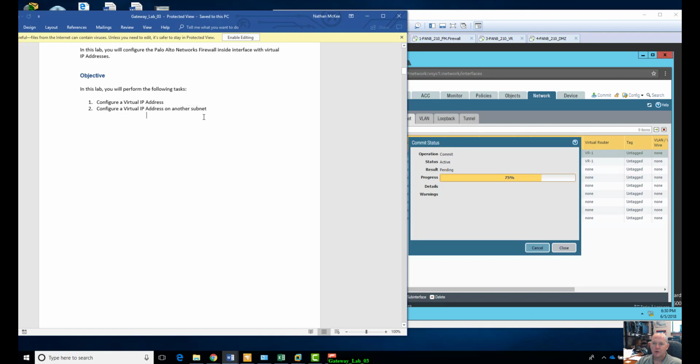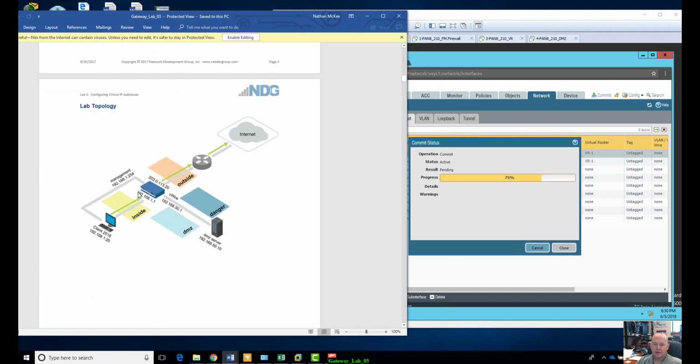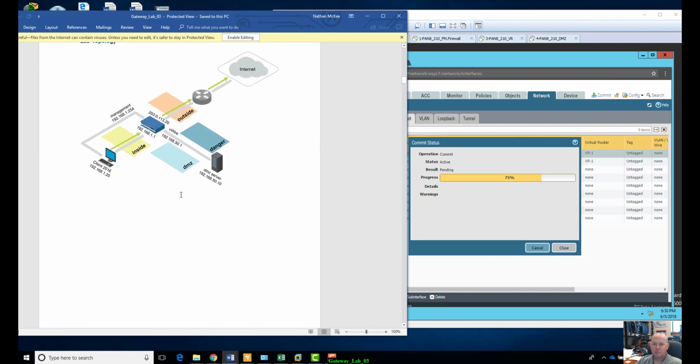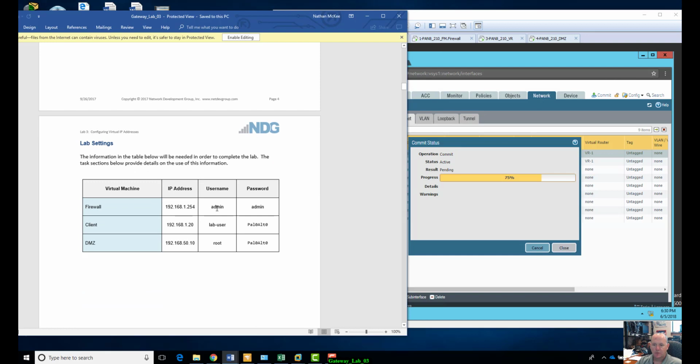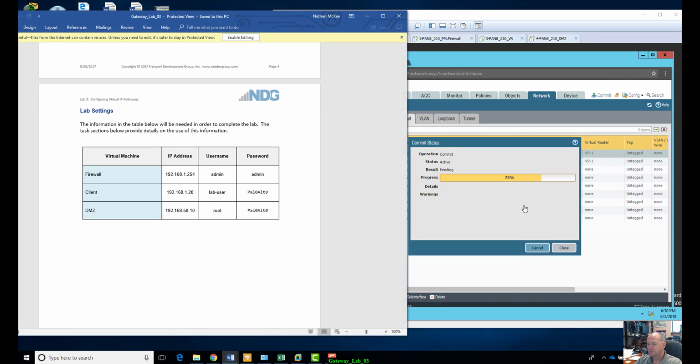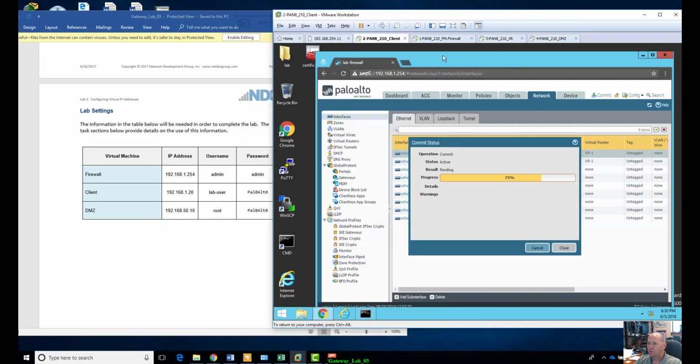So you'll be able to communicate with two subnets with that interface. Topology is the same, IP addresses are the same. And the one thing we need to do though